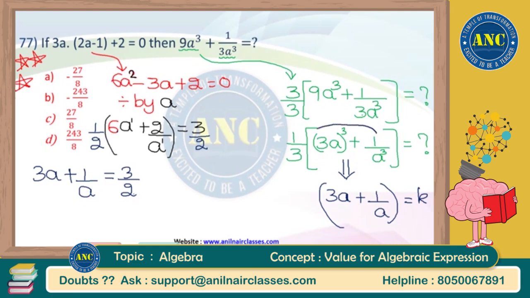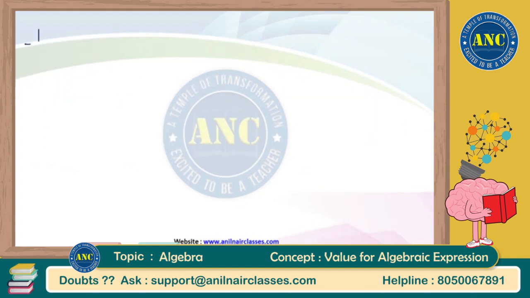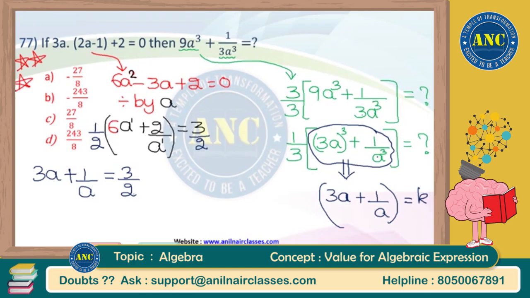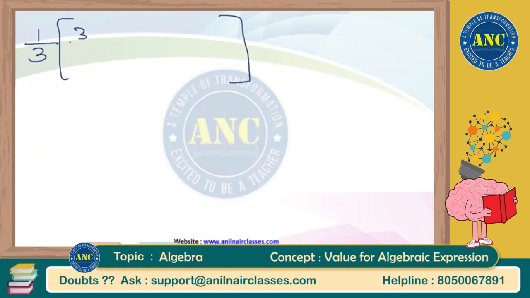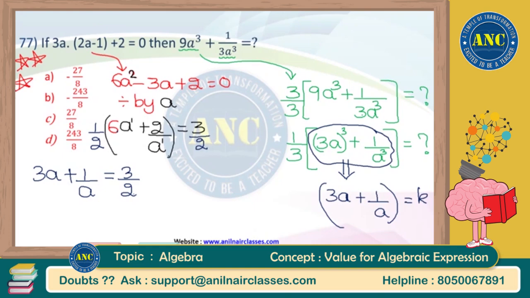I need to find (3a)^3 + (1/a)^3. That is very simple for me. So the final answer is 1/3 times [(3a)^3 + (1/a)^3] = (3/2)^3 − 3k, that is (3/2)^3 minus 3 times (3/2). But I should not stop at this point,